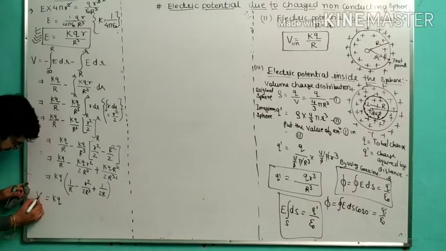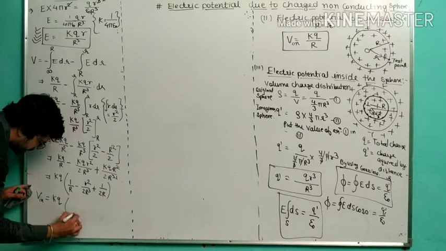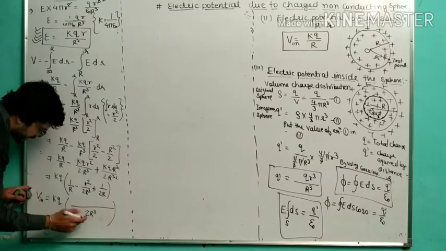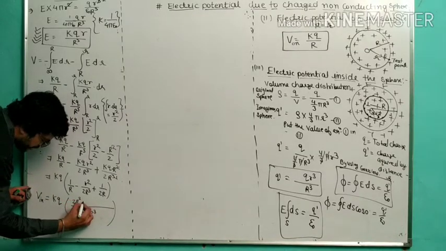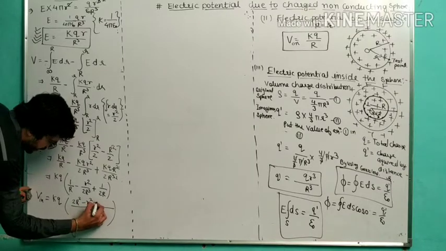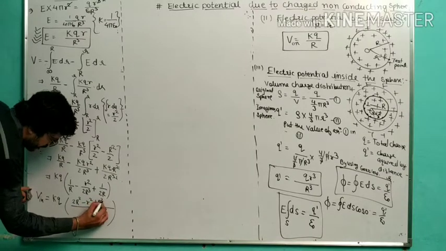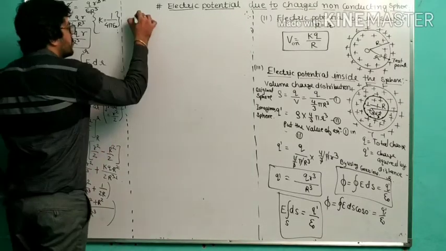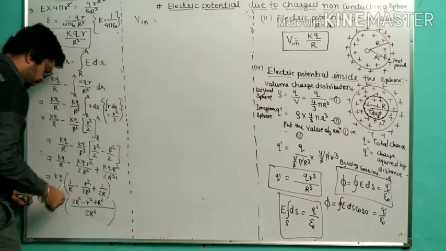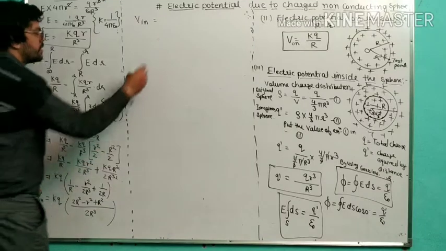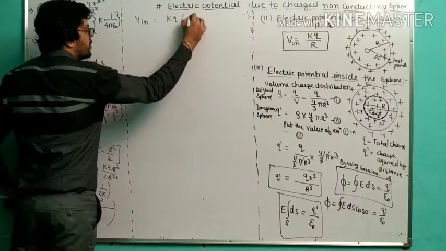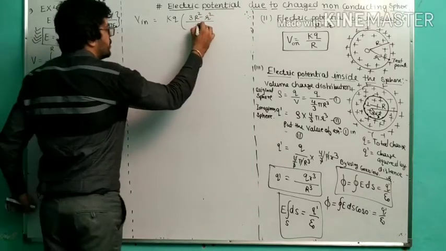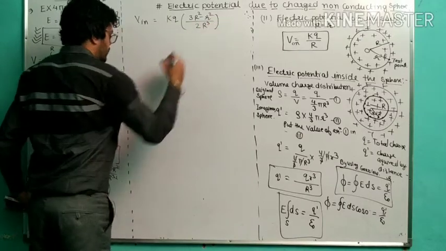Kq, we are finding electric potential inside, so again I am writing here. Here the LCM is 2R cube, so it cancels. So this is 2R square, and it is only minus r square, and here the 2 cancels, but it is R square. So now we got 2R square plus R square, 3R square. So V in is equal to kq common, 3R square minus small r square divided by 2R cube.